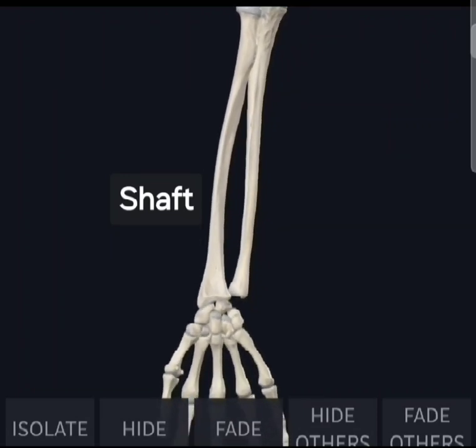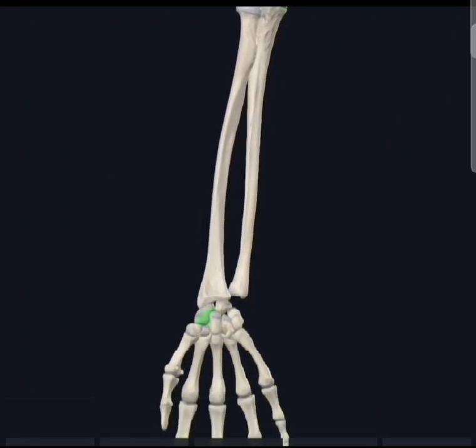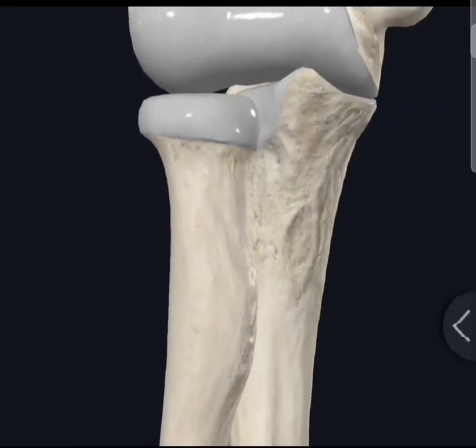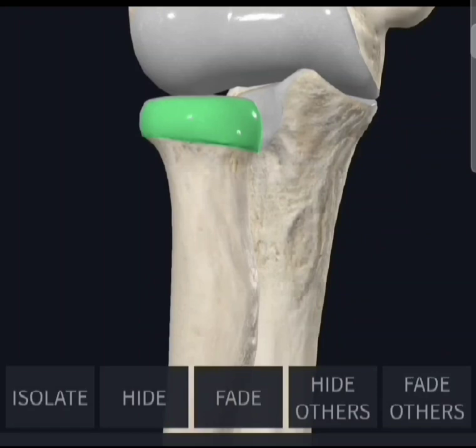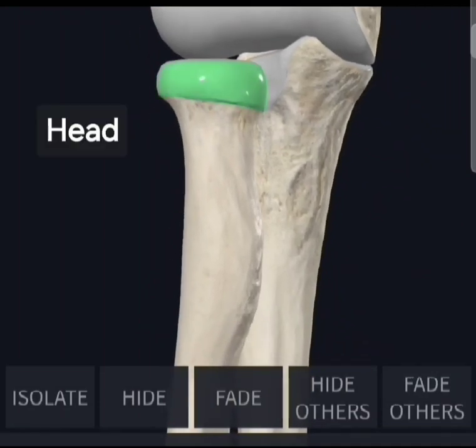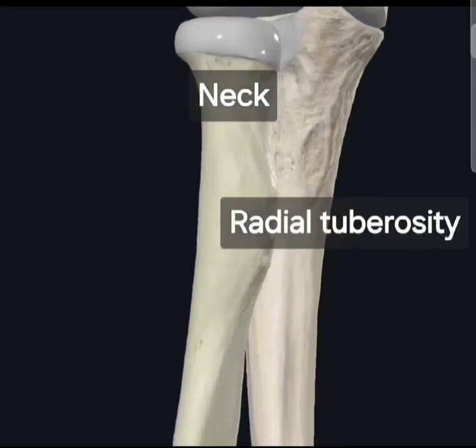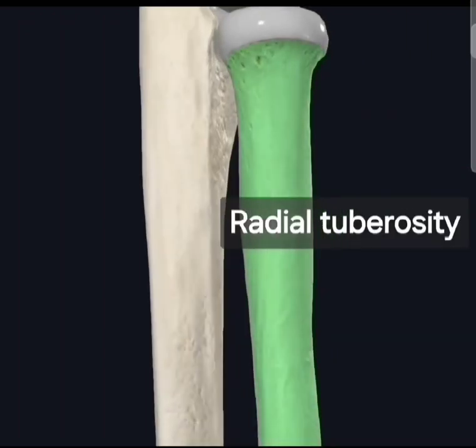The upper end is articulating with the capitulum of the humerus to form the humeroradial part of the elbow joint. Lower end is articulating with the scaphoid and lunate to form the radiocarpal joint. The upper end presents the disc-shaped head with a concave upper surface, a constricted neck below the head, and a radial tuberosity on the medial side,